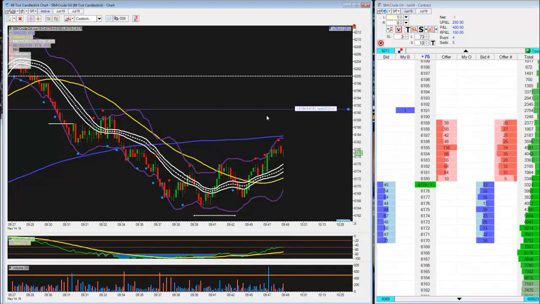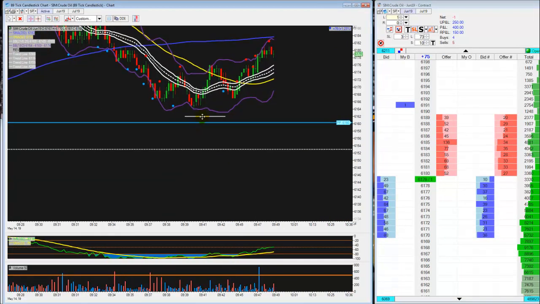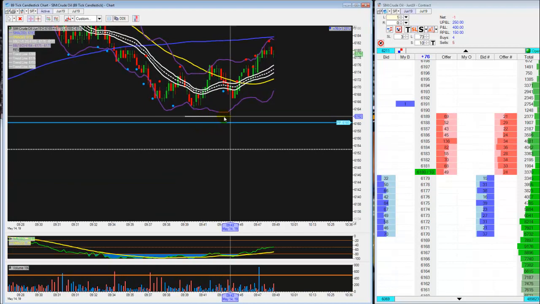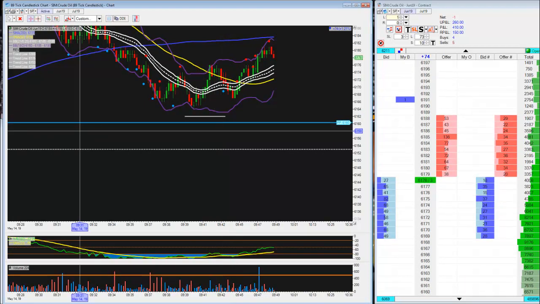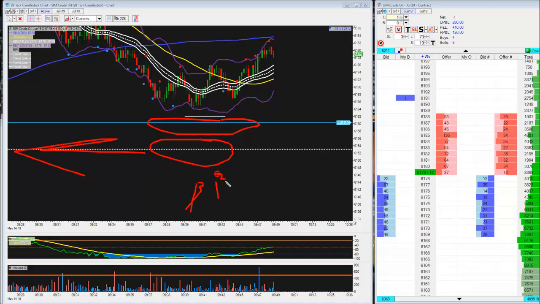As far as movement goes with it, we didn't penetrate two things right now. We haven't penetrated the pivot point, nor have we penetrated the prior higher volume bar that we had, the BBV. I would tell you